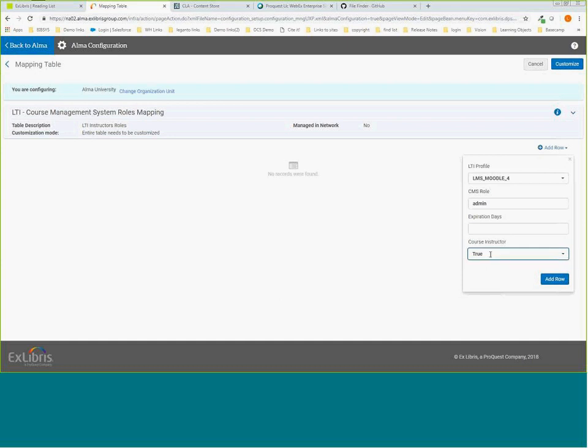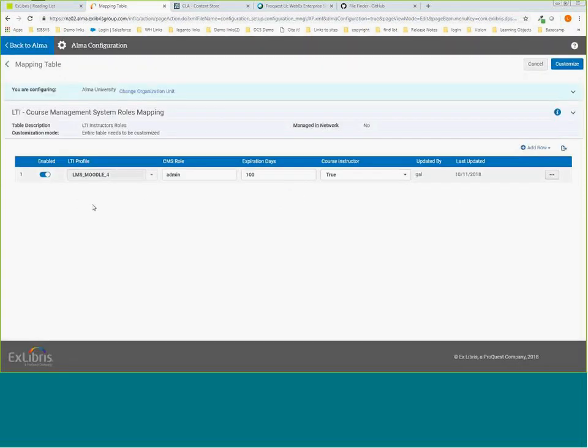So if this other flag is set to true, we will allow the user to become an instructor on the course itself. And then you can define for how many days you want this instructor role to be defined, and just add it. Now, next time the user arrives at this LTI interface with an admin role from Google,